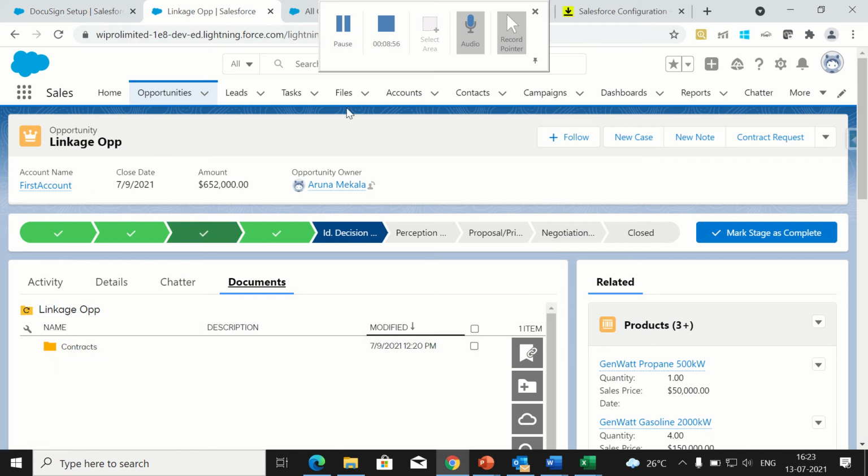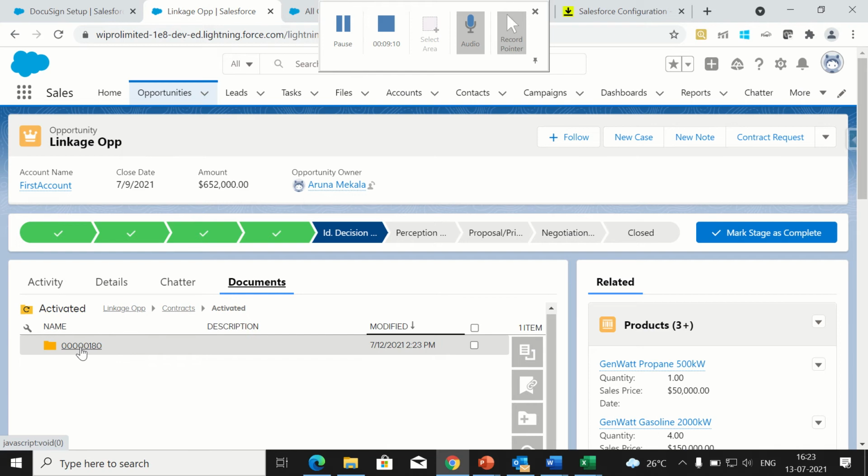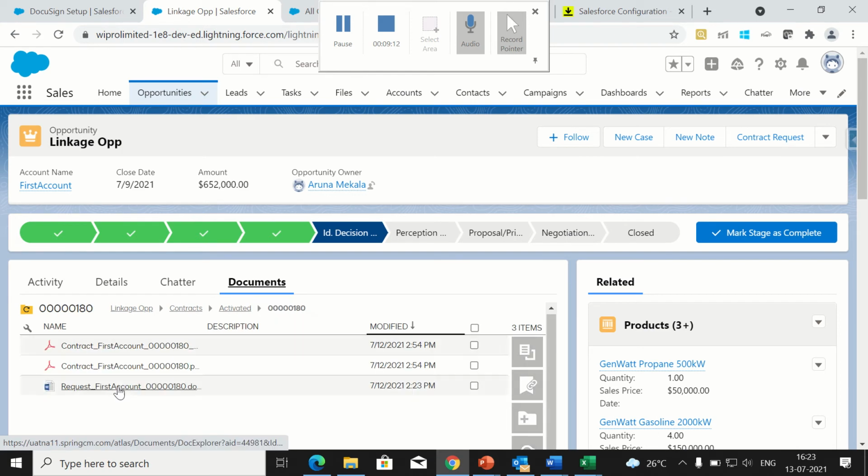It is given for contracts and accounts as well, but I'm showing only these opportunities. Just to show the folder structure: inside the contract status, then the contract number folder, we can see the generated documents. This is about the integration part.